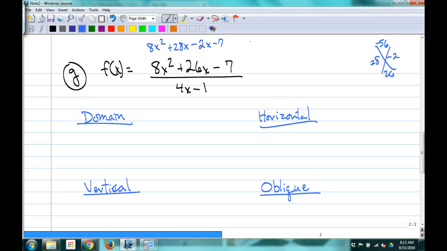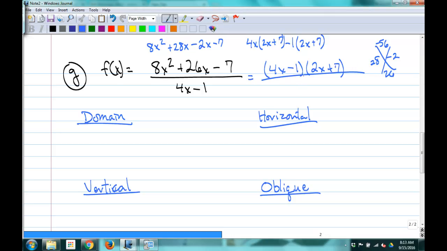So you'd pull out a 4x, excuse me, and that'd leave you 2x plus 7. And then a -1, and that turns to 2x plus 7. So the factors for the numerator are 4x minus 1 and 2x plus 7